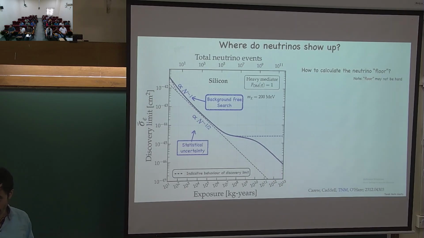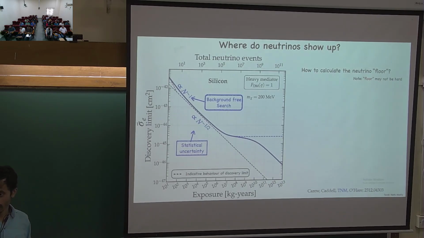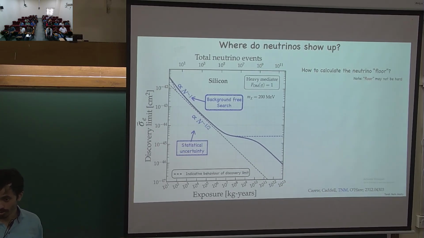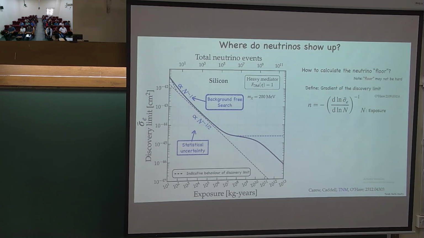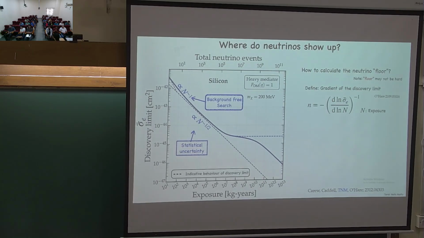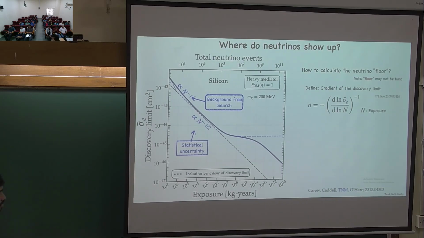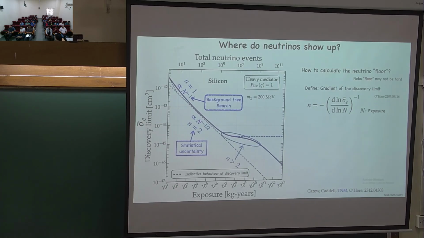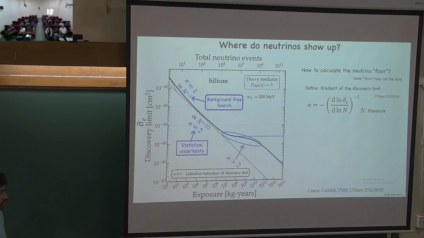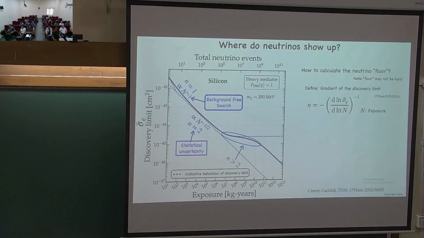Now, given this, what you may ask is, can you give me a visual guide to the cross section which could give us an indication that neutrino would become an important background. To do that, we have followed the prescription of this particular paper, essentially calculating the gradient of this blue solid line. In the background free regime, the gradient is roughly 1, in this Poisson regime or statistical uncertainty dominated regime, it is 2, and once you cross to the systematic uncertainty dominated regime, it becomes greater than 2.